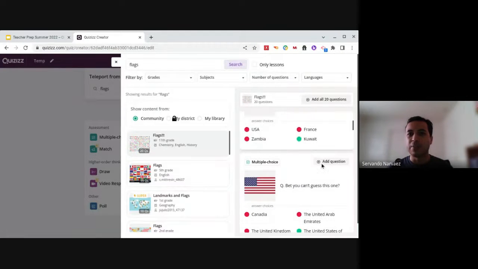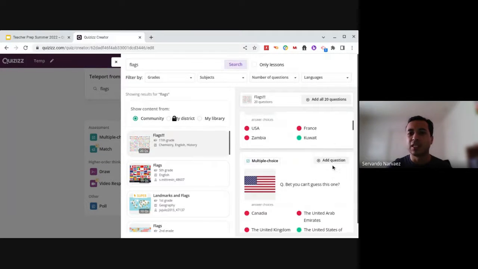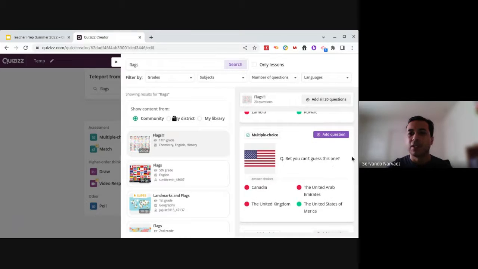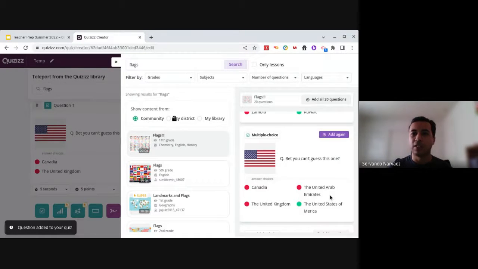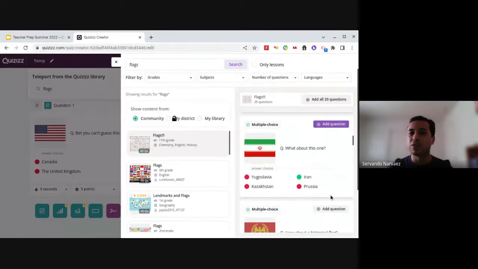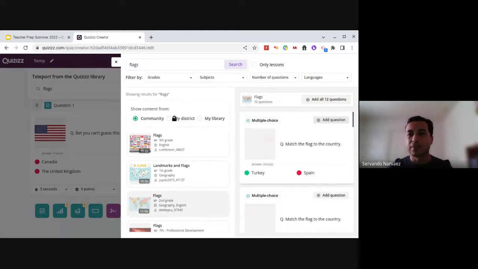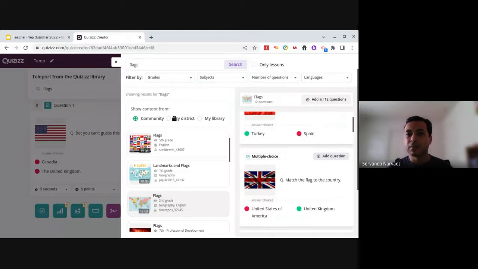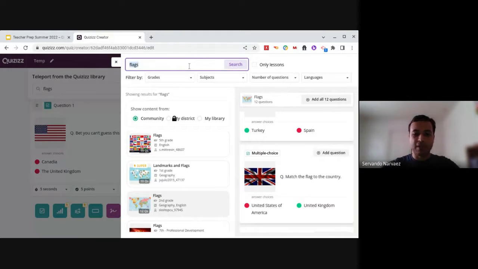You can copy the entire quiz into yours, so making this one yours, or you can just select the different question that you want. So if you want to add this question, I would click on add, and right here on the left, if you notice, the question is available there. Let's say that's the only question you want from this one. You move on to another one. It's like, okay, yeah, I'm done with this one. Now I want something from